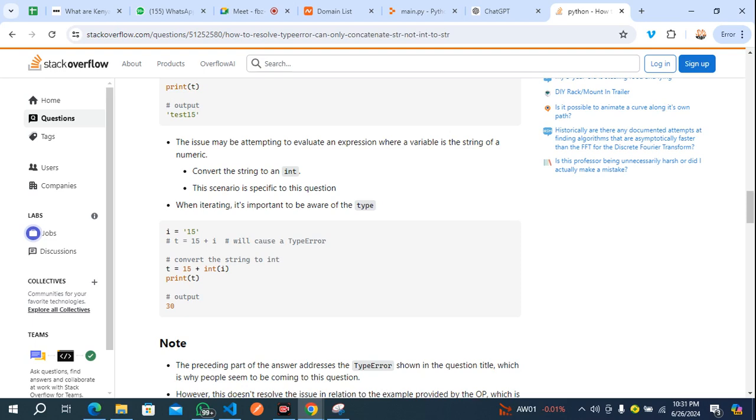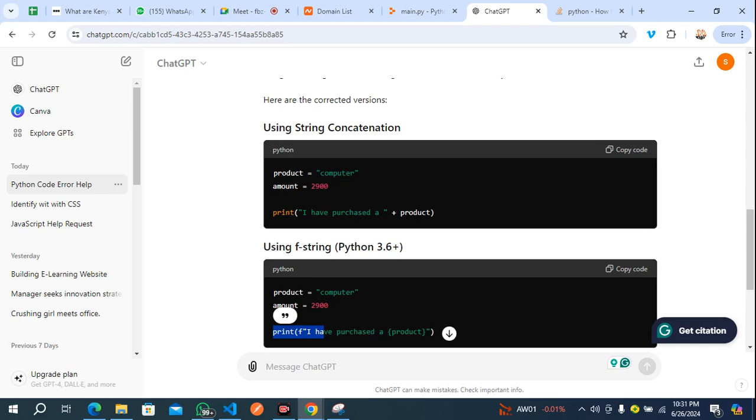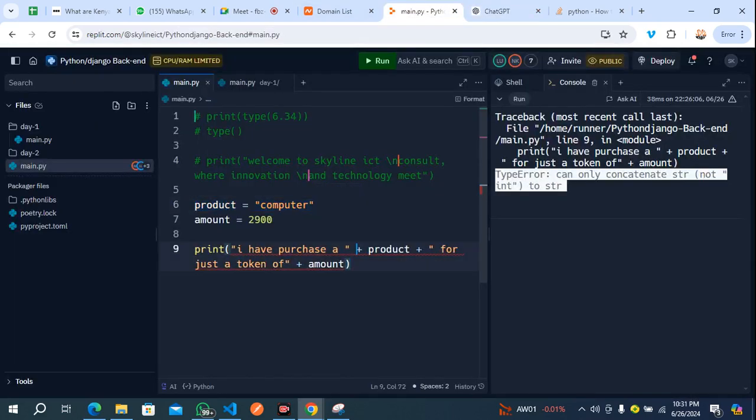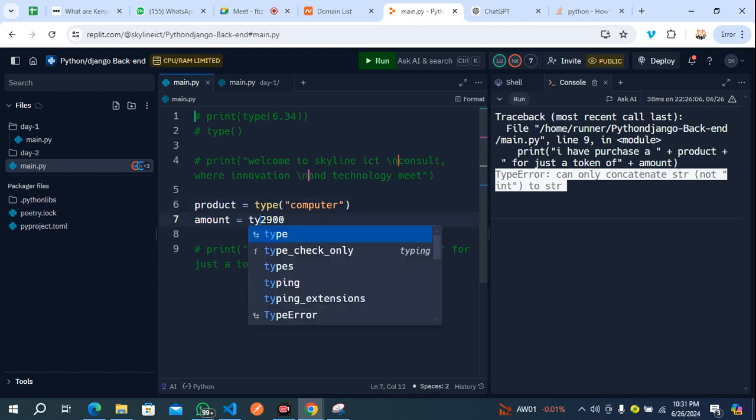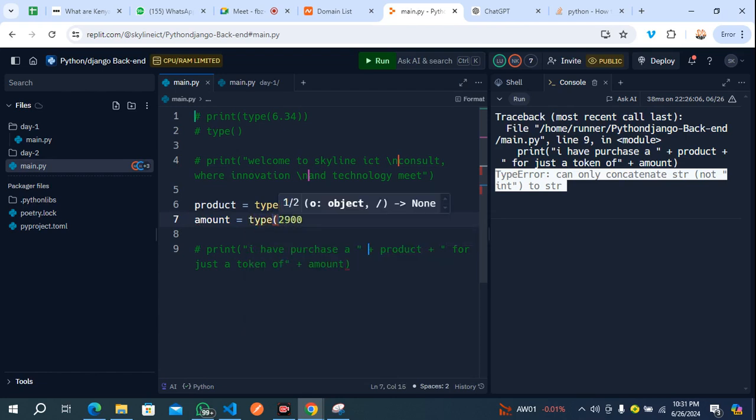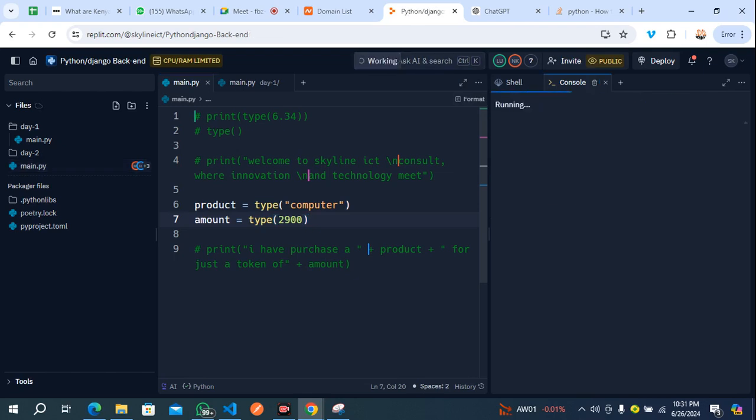Now, why should we put it? Now, let me tell you why. The reason you should put it in is this, let's comment on this and look at the two types. So if you come here and put type, then cover this in parentheses, then do the same thing here. I want to use it to show you. Then run this code. Let's clear this off. Then when you run this code,